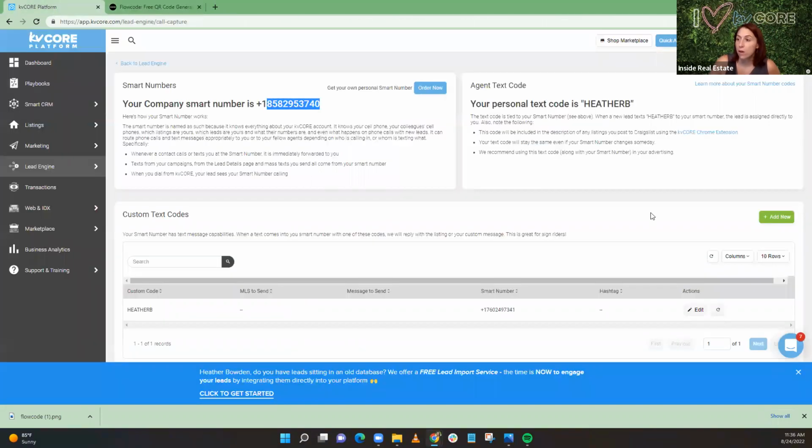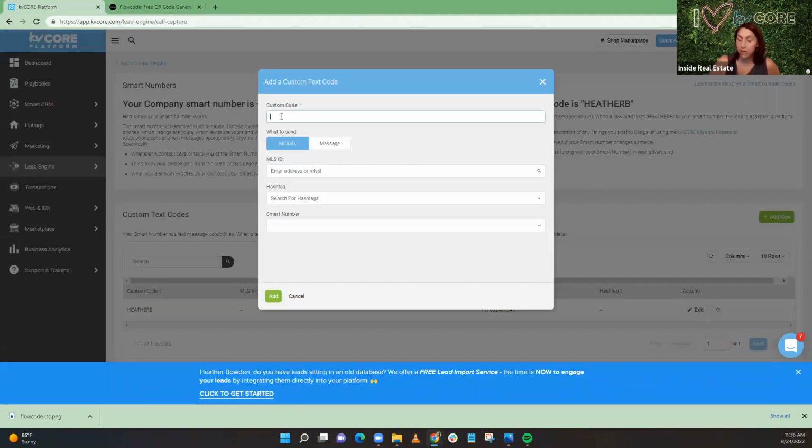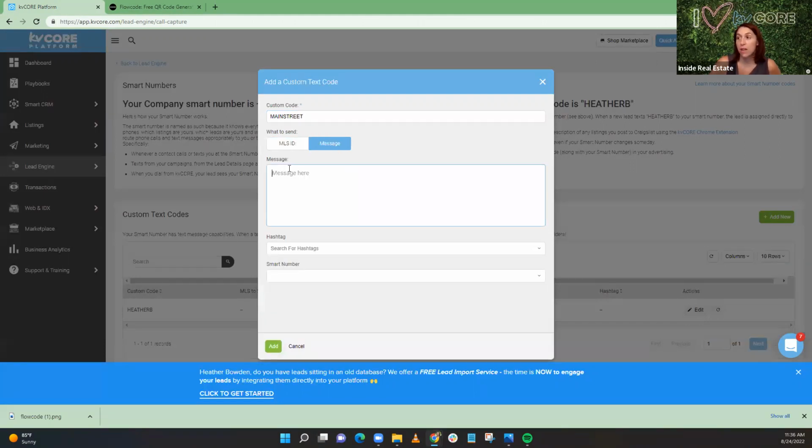In KV Core, you're going to make a code over here. And you're going to say my custom code is Main Street. And you can either put the MLS ID in here, in which case it's just going to send them back a link to your MLS ID. That's a quick and easy way to do that. I like to send them a message instead. So I would send them a message saying,